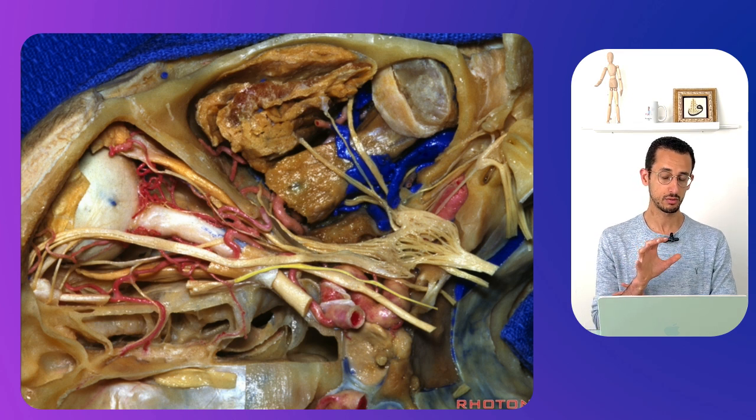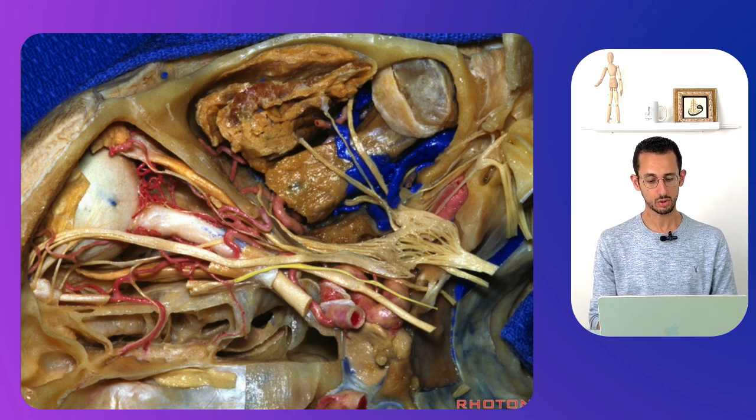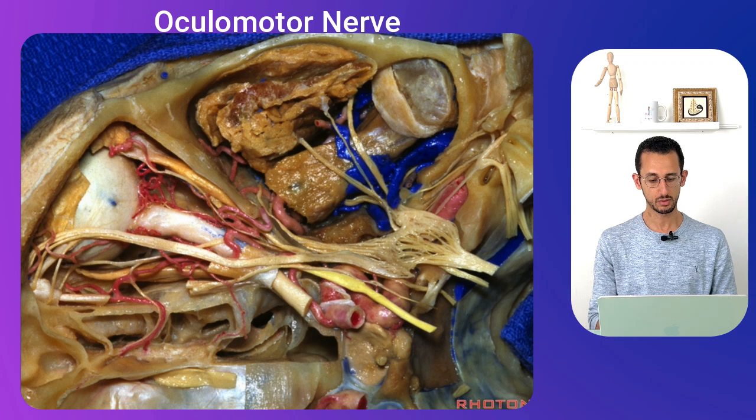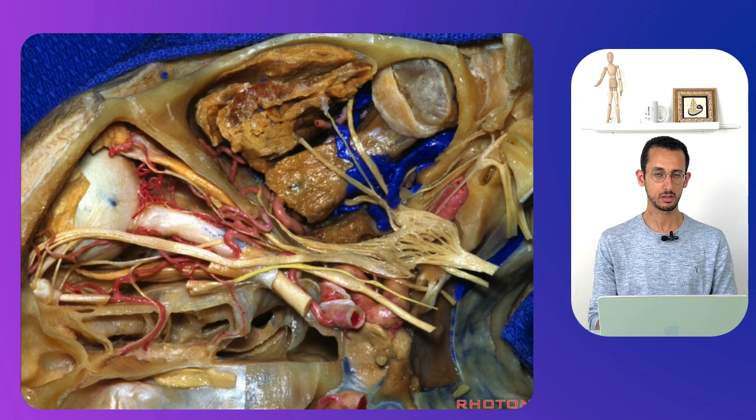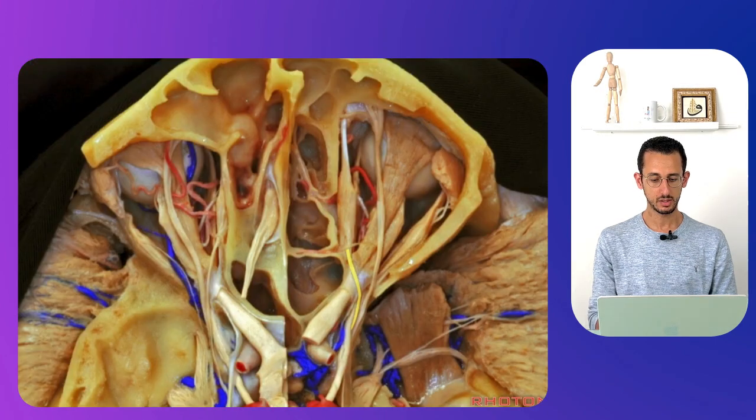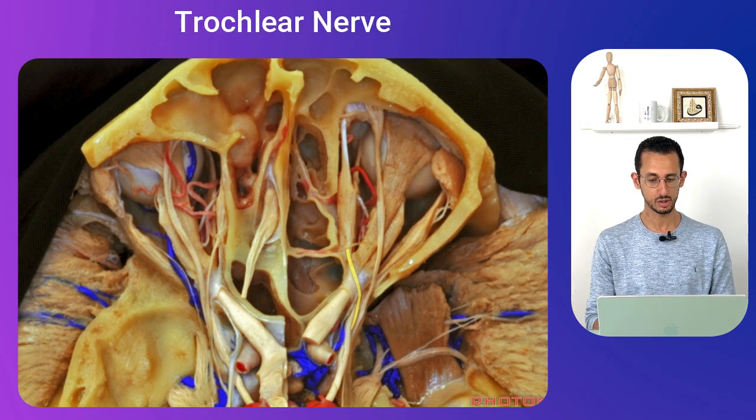Here, the superior view of the orbit. We can see the trochlear nerve here, highlighted in yellow, and then the oculomotor nerve. And again, the trochlear passing from laterally, superiorly to medial to the oculomotor nerve through the cavernous sinus, and then it enters the orbit through the superior orbital fissure. Then in this picture, again a superior view, you can see the trochlear nerve as it turns medially and goes into the orbit to supply the superior oblique muscle,